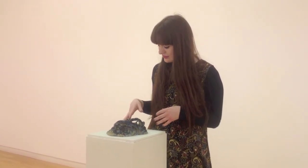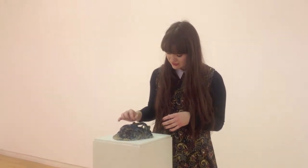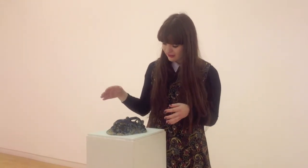And then obviously it's got the different marks. So we've got the dots, which have been used a lot, and also the scoring. I think George liked to use a whole different array of tools. So I would lay them out for him and say, "Which one would you like to use?" And he would pick one up and then just